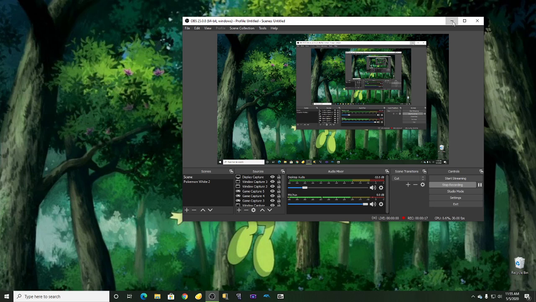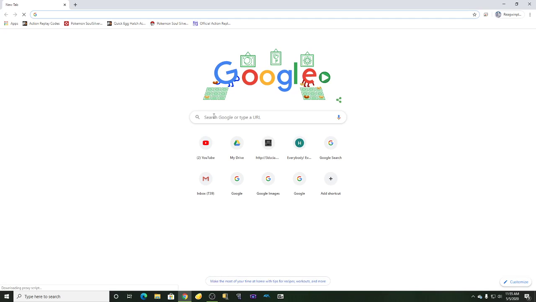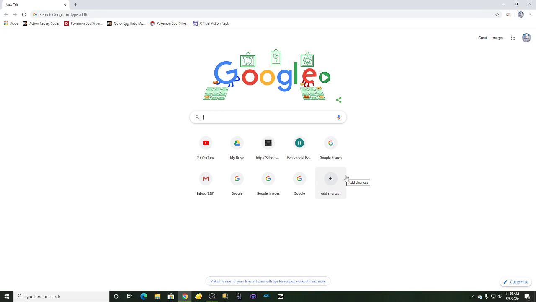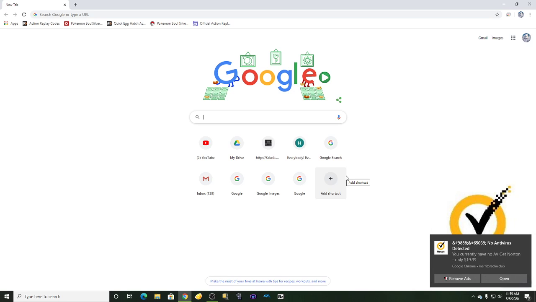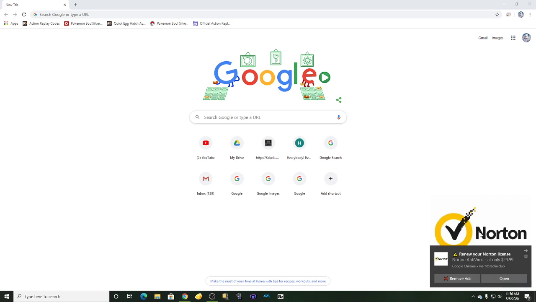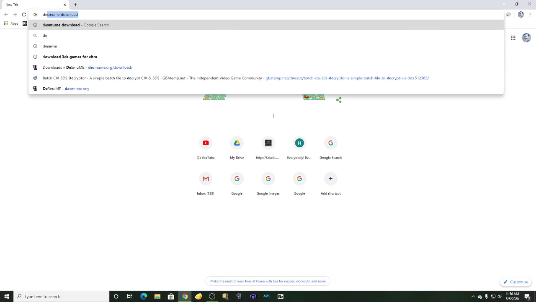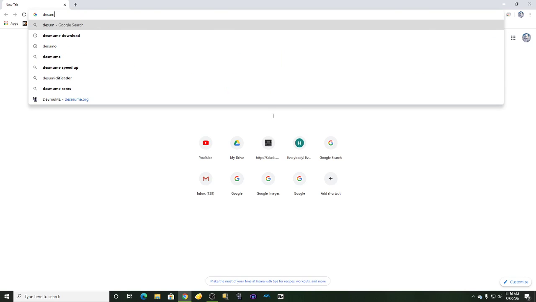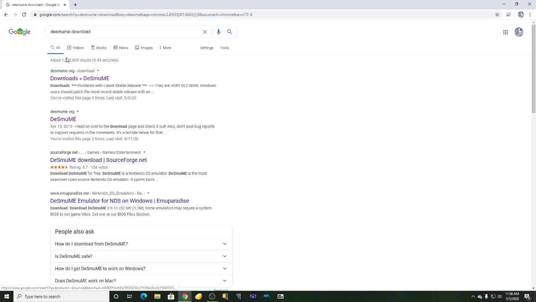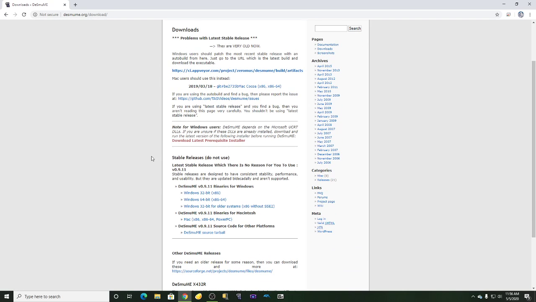So first, you're going to want to open up your Chrome browser or whatever browser you use. Let me scroll that out of the way. That too. And that. And then you're going to want to look up DeSmuME. We're going to do DeSmuME first. DeSmuME download. And then you can go to desmume.org and you can click any of